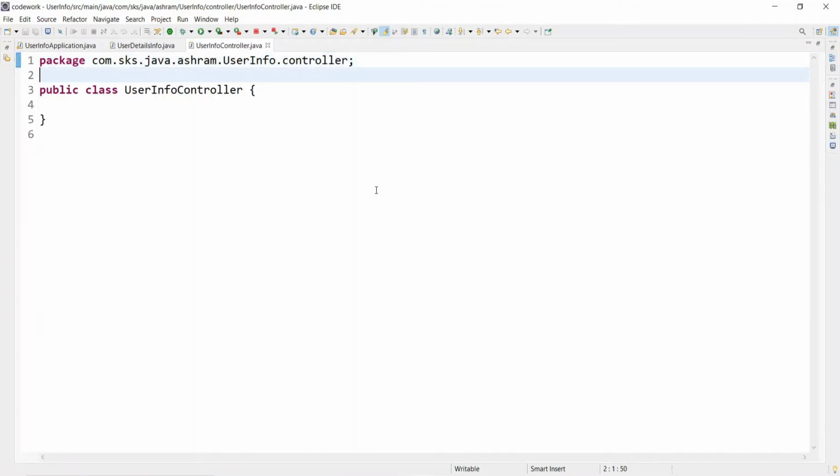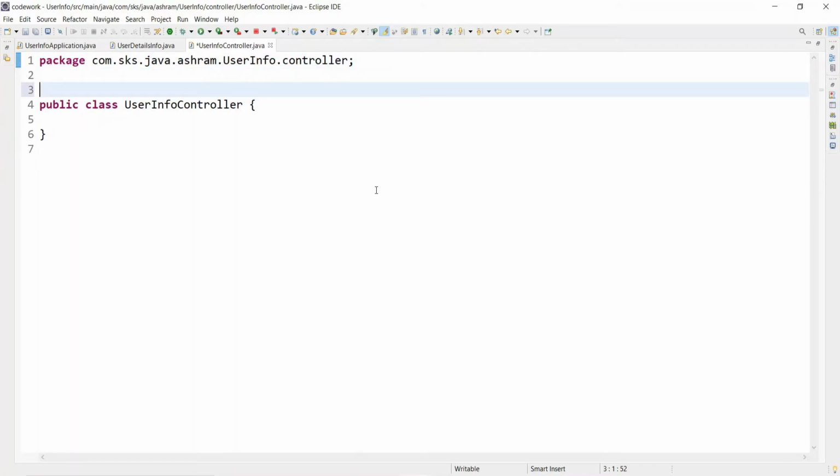Now we have to make this class a REST controller, so that all HTTP requests, whether a GET request, PUT request, or DELETE request, are handled by this class. This will be the front door controller for any kind of request. So how will you do this?